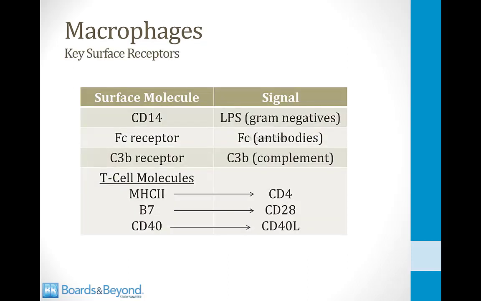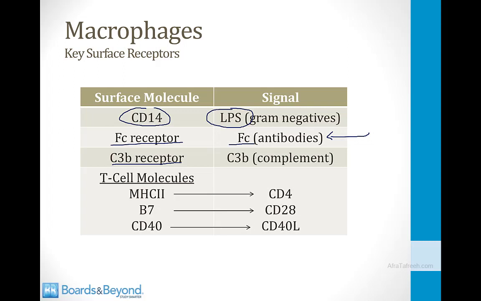On this slide, I've listed some of the important surface receptors found on macrophage cells. CD14 is the surface receptor that binds to lipopolysaccharide in gram-negative bacteria. There is an Fc receptor that can bind to antibodies. It binds to the Fc portion of antibodies. We'll talk more about antibodies in the module on B cells. There is a receptor for C3b, which is a complement protein, and this allows macrophages to bind anywhere that complement